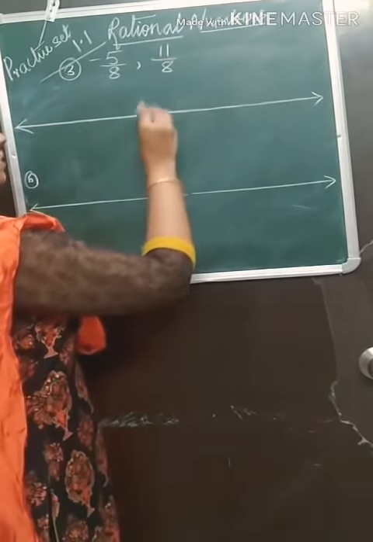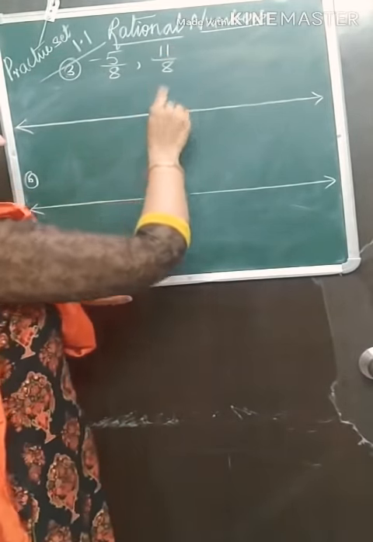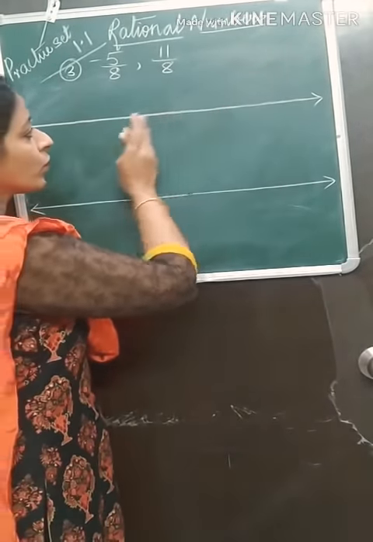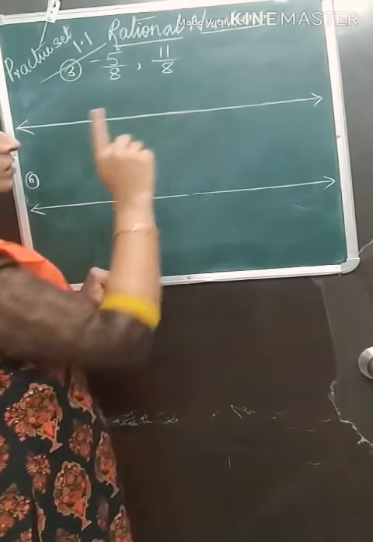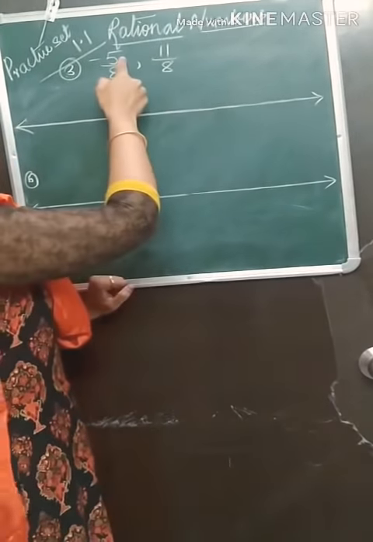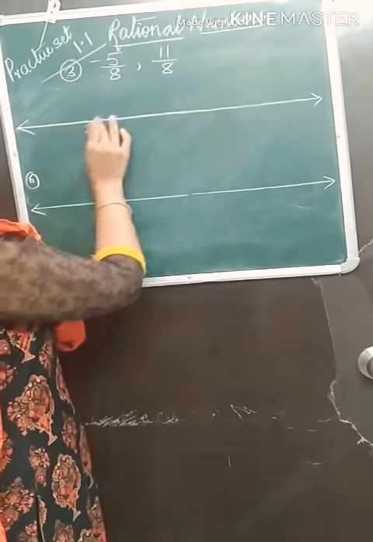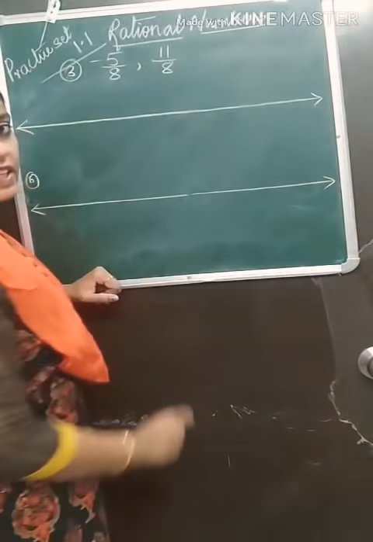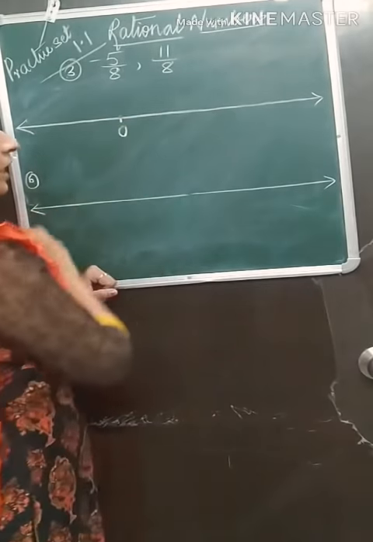Okay. First let us put 0, 1, 2, 3. Now see 11. 11 means you will have to count after 0: 1, 2, 3, 4. So we want more space on the right side. So like that, see the number, work it out in your mind and then select space. On the left side we have only 5, so after 0 you want less space, whereas here you have to reach till 11. So you need more space on the right side. So I'll put 0 here, okay.